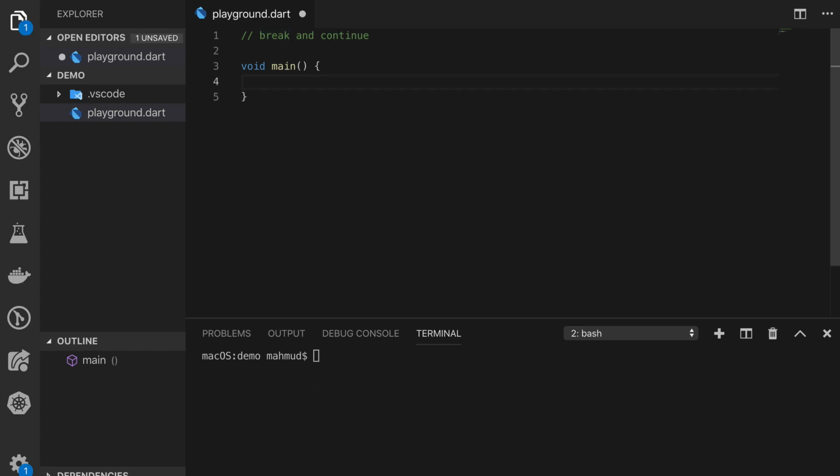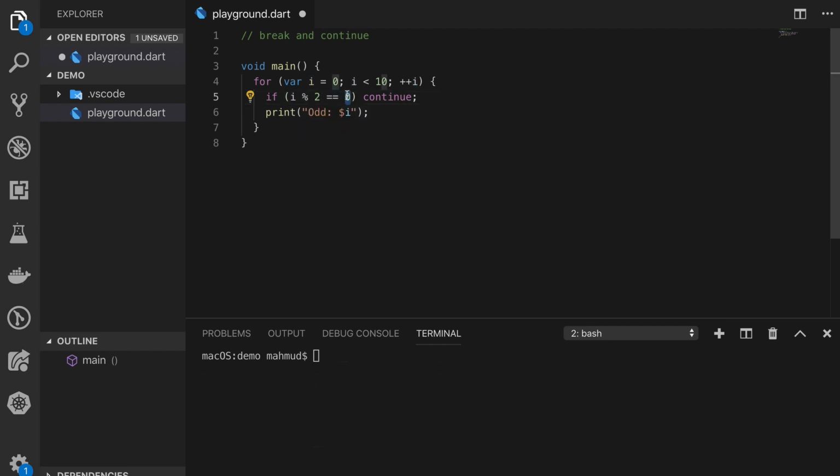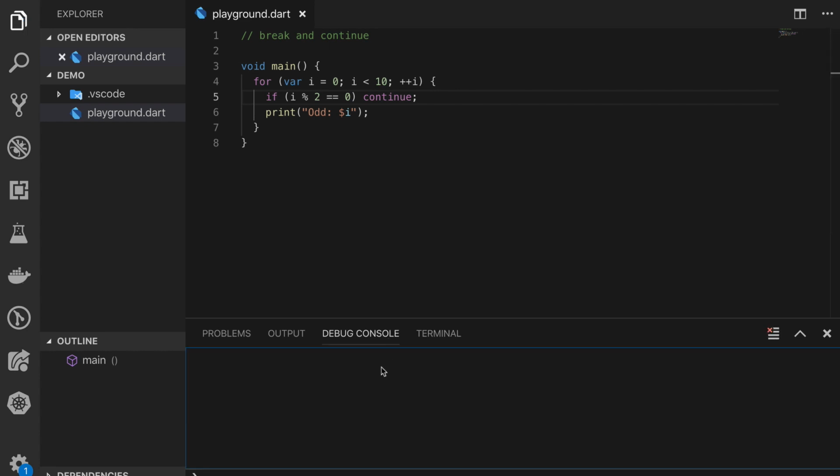Suppose we want to write a program to print the odd numbers or even numbers. In our case, we want to print the odd numbers. So we have written a standard for loop. This loop will run 10 times, and here we have written a condition: if i modulus 2 is equal to 0, that means after the division there is no remainder, that means 0, then continue. Here the continue statement means don't go to the remaining statements, just continue the loop from here. If I run this program,